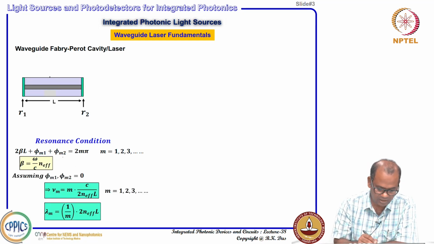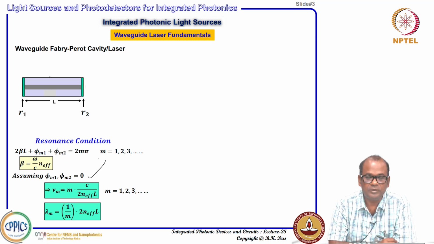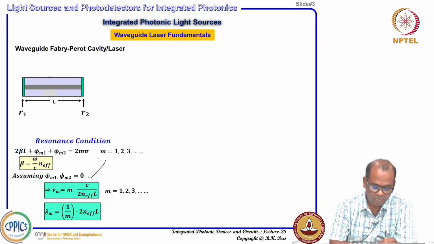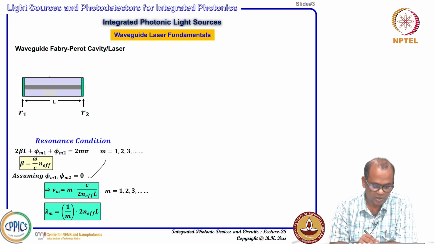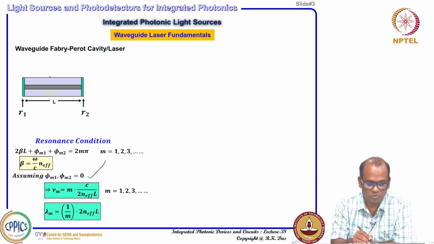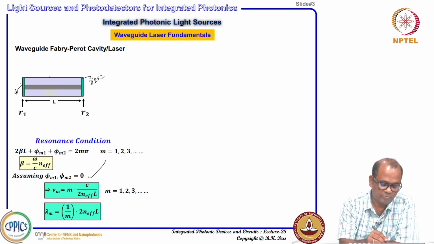So, for that discussion to proceed, what we consider here, just for simplification, is phi m1 and phi m2. Most of the time, if it is dielectric material, they can be assumed to be 0, but if it is a DBR, for example, you can have both phi m1 and phi m2. If it is DBR2, for example, the mirror is replaced by DBR2 and the other mirror replaced by DBR1, as